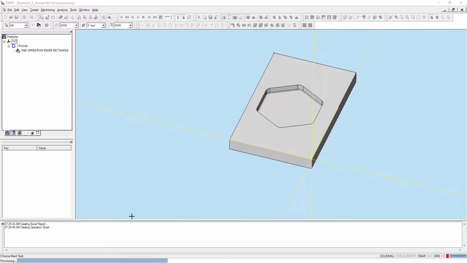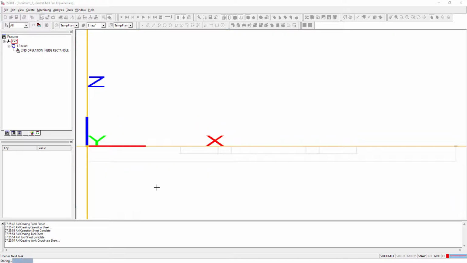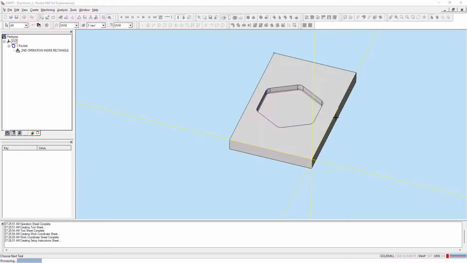It will run for some time to process, and it will share the tool reports. It is where the X and Y offsets and all the things will be collected from here. So my suggestion is, if you go with an Excel report, it will give you a complete study of your CAM,